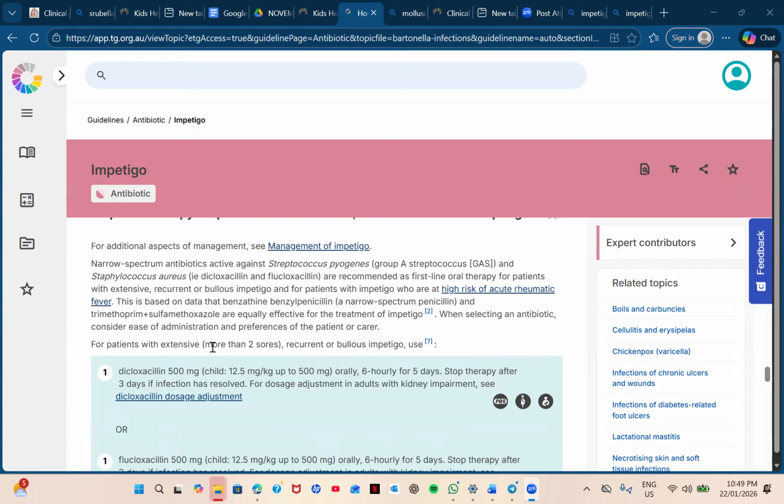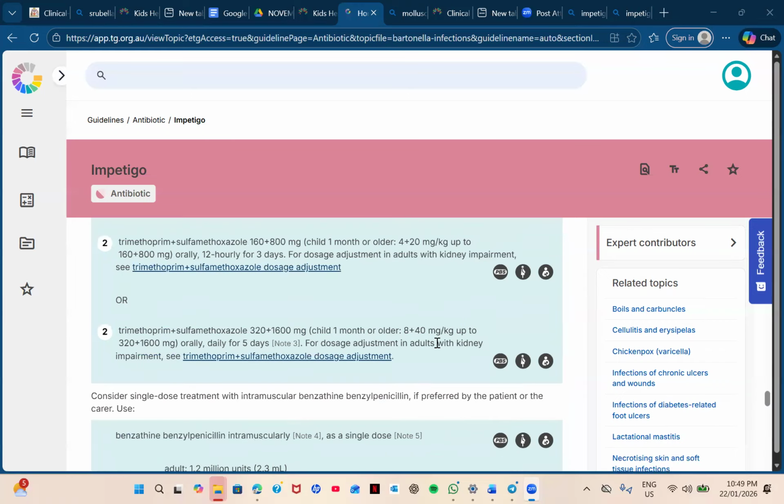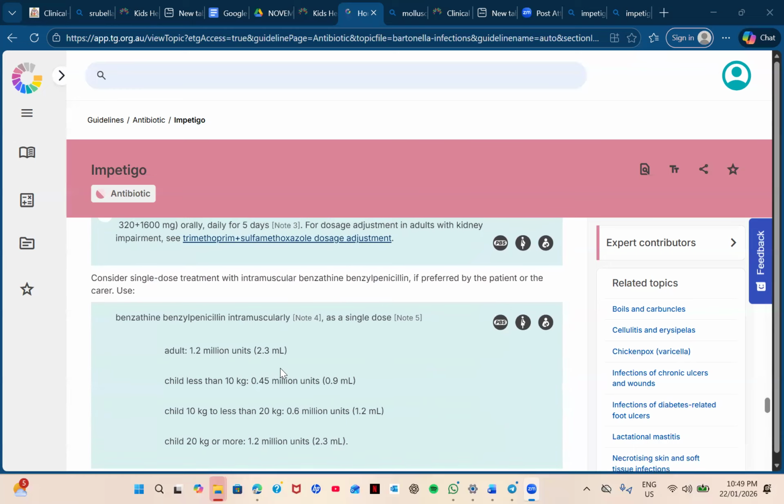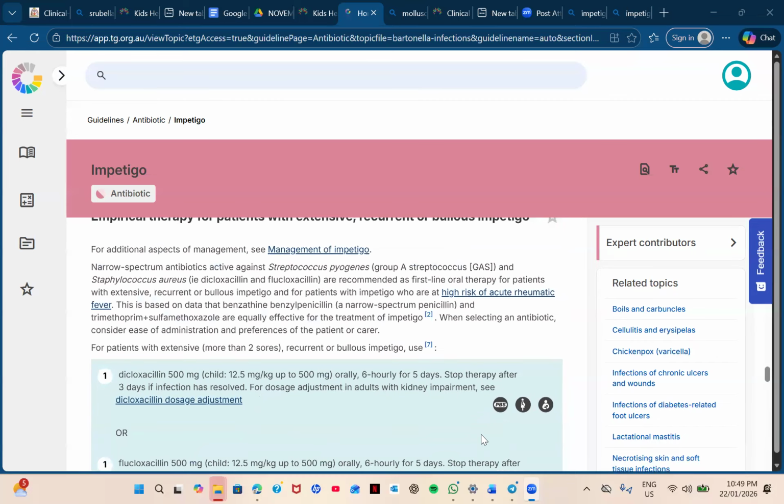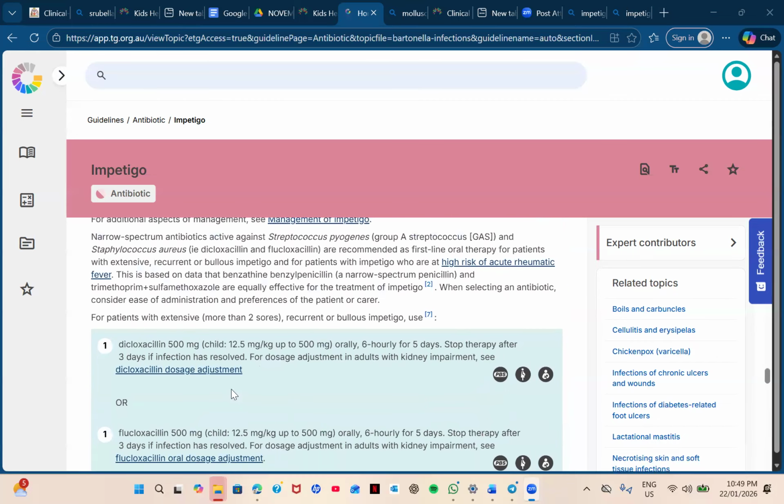This is based on data that benzathine benzyl penicillin and trimethoprim sulfamethoxazole are equally effective for the treatment of impetigo. I will discuss, okay, here they have added this one as well. So let's discuss here. For a patient with extensive impetigo, that means more than 2 sores, or recurrent or bullous impetigo, or